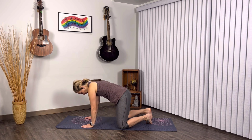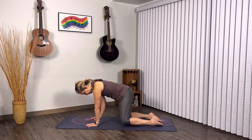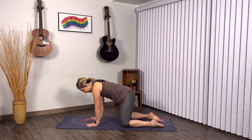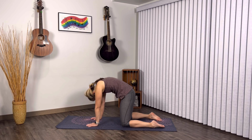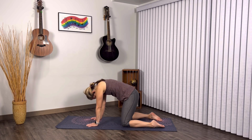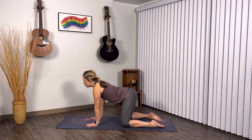tabletop. So hands right underneath your shoulders, knees right under your hips. We're going to move into a cat-cow. So exhaling everything you can out of your body. We're going to bring the head in between the arms, pulling the navel to the spine, arching through the back, hips pressing forward. And as we inhale, the tail tilts up, the head will come up, and really arching through the back, pushing up into those